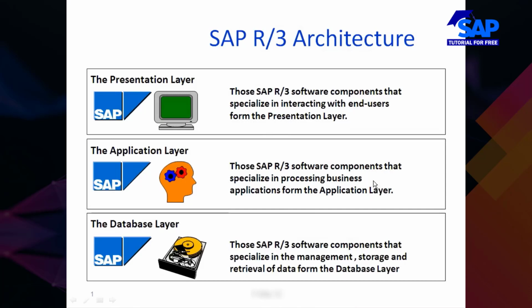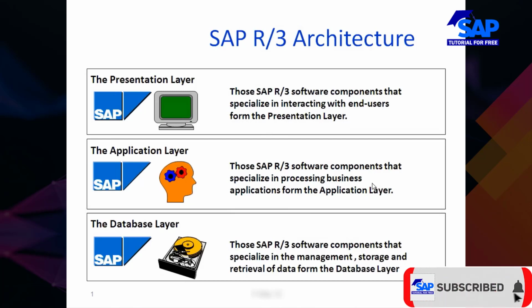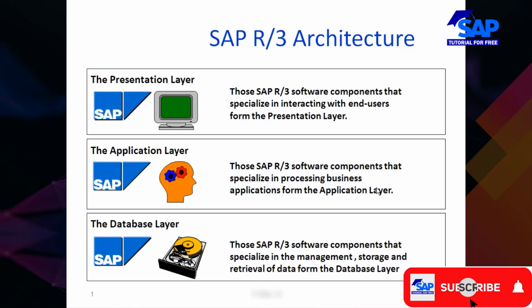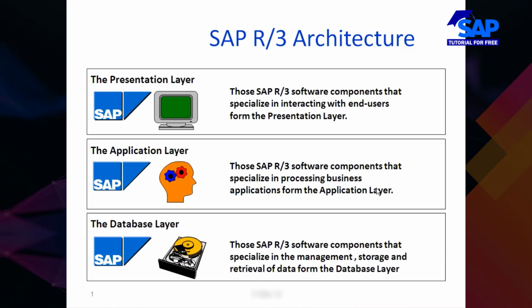So what does it mean, processing business applications from the application server? I know there are 3 or 4 people working in the purchasing department in this group. So what do they do? They may be converting purchase requisitions into purchase orders, or displaying them, or if they wanted to see all the purchase orders raised for a particular vendor, for a specific material, all these things are nothing but processing the business application data.